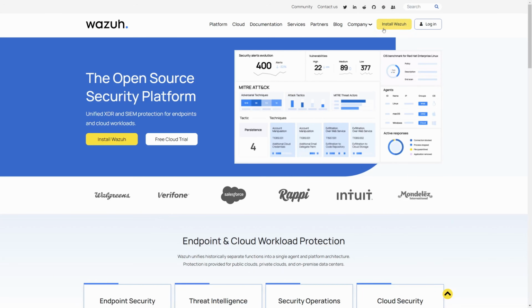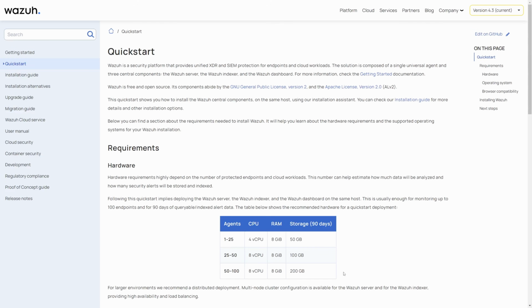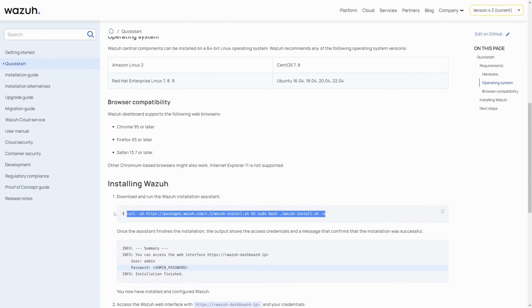Same deal as before, I'll install Wazuh on the same server as Suricata. This won't be a Wazuh tutorial because it's quite a beast, and I'd need a series of videos to do it justice, but I will show you how to stand up a basic install, which is a complete doddle. Go to wazuh.com, click install Wazuh, quick start, then you literally just run this script. I'll be resetting my machine between different tools, just in case you're wondering.